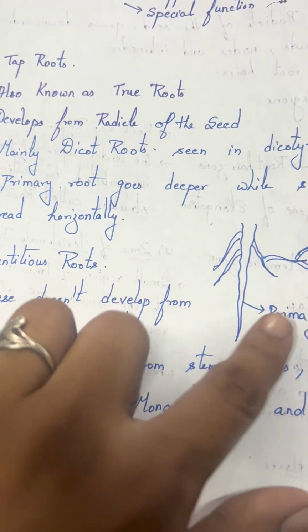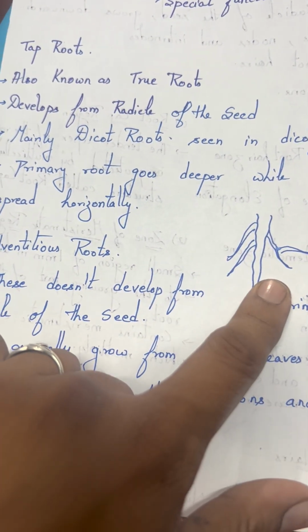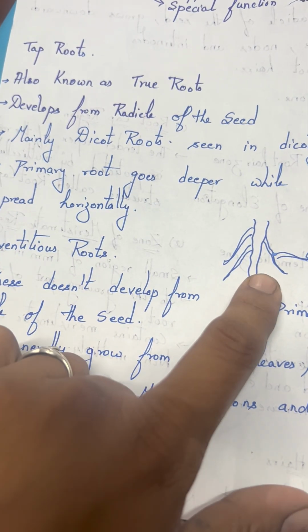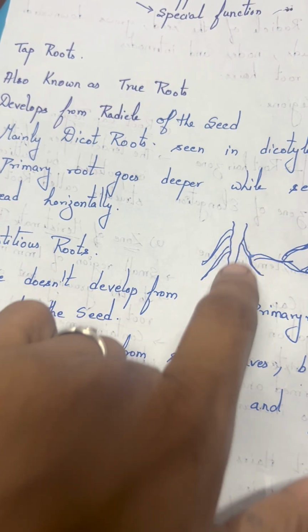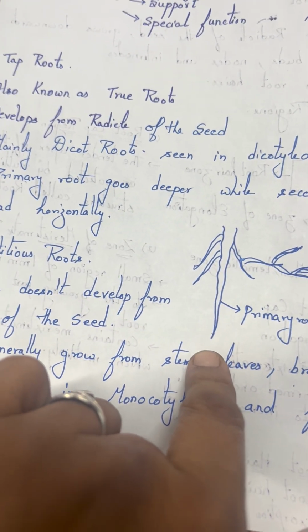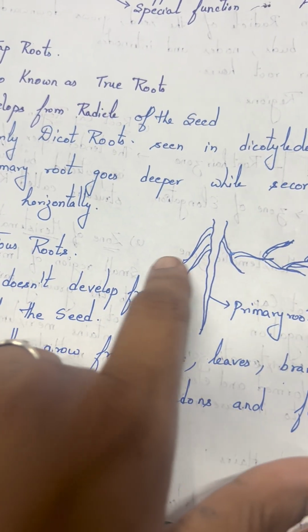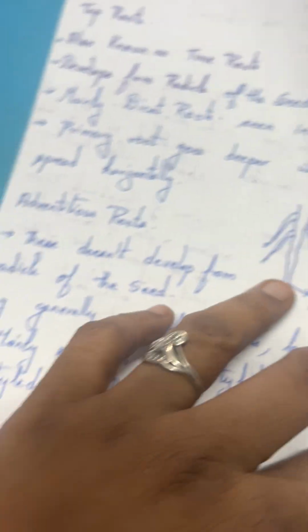This is about the taproot system. These are also known as true roots. They develop from the radicle of the seed, mainly seen in dicotyledonous plants. The primary root grows deep into the soil, whereas the secondary roots grow horizontally. Okay, next,